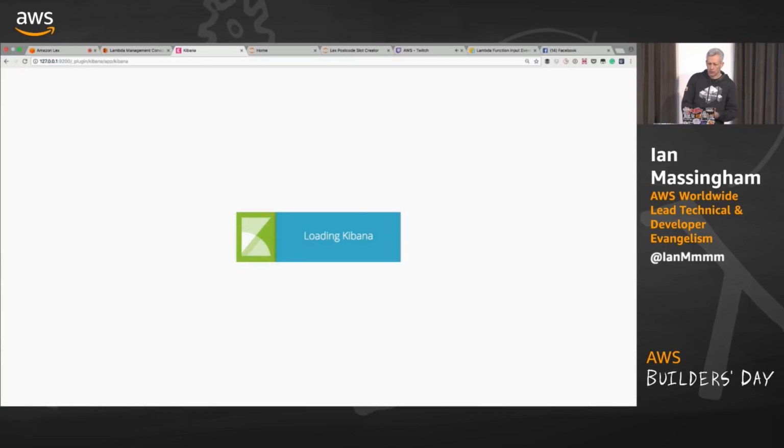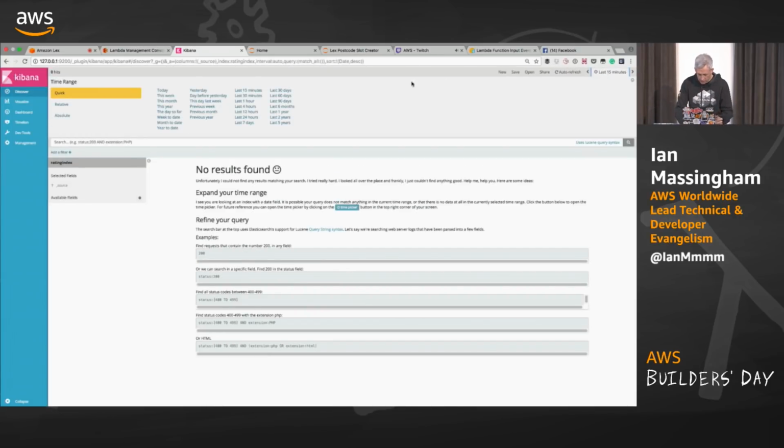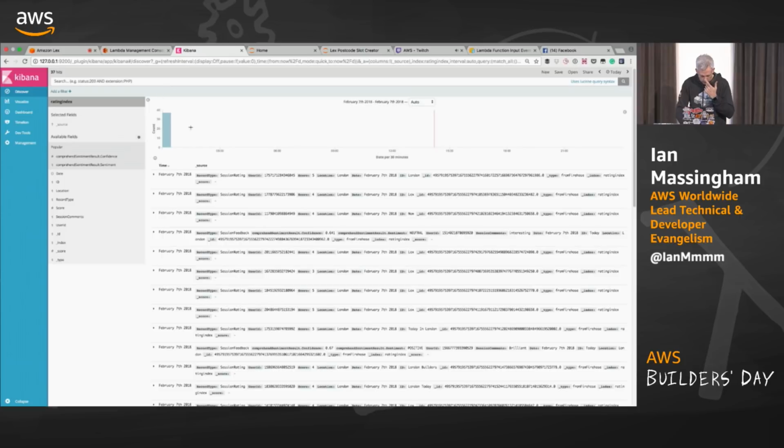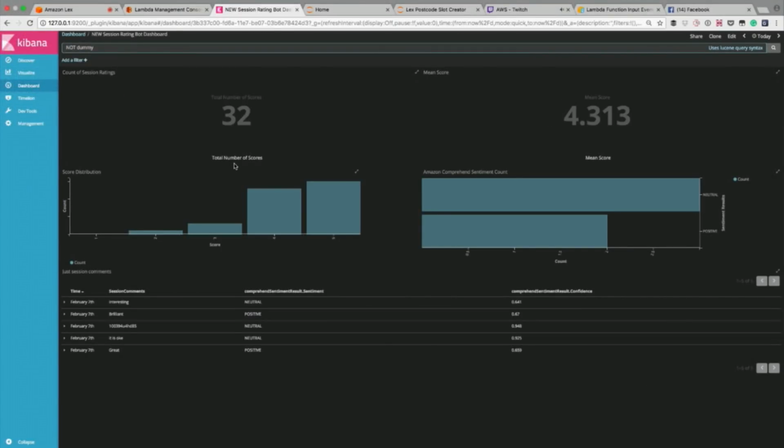Okay, good. So we're going to get our dashboard now of data. Okay, and we're going to look at today, obviously, because that's the scope that we're looking at. Okay, and we want our dashboard. Okay, so we got 32 ratings that came in from people that interacted with the bot. We got 3 neutral and 2 positive pieces of feedback, so only 5 pieces of feedback in total. We've got our distribution of scores here. Average score was 4.31.